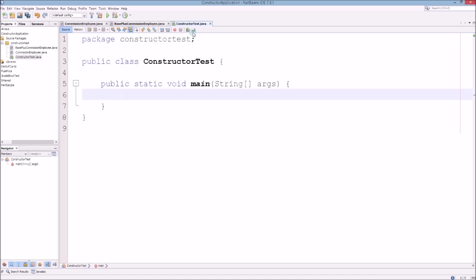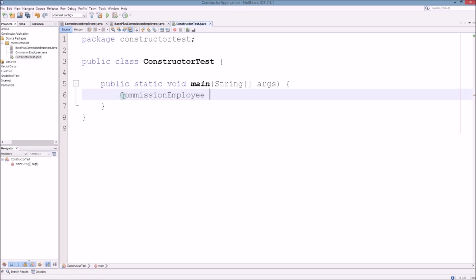We're going to take a look at now how we fill in the information of the employees, the salaries, the social security numbers, and so on and so forth, and why we went through all this painstaking trouble to declare our variables private and then reference not the variables themselves, but the get methods. After we declare our main class with public static void main, we do CommissionEmployee